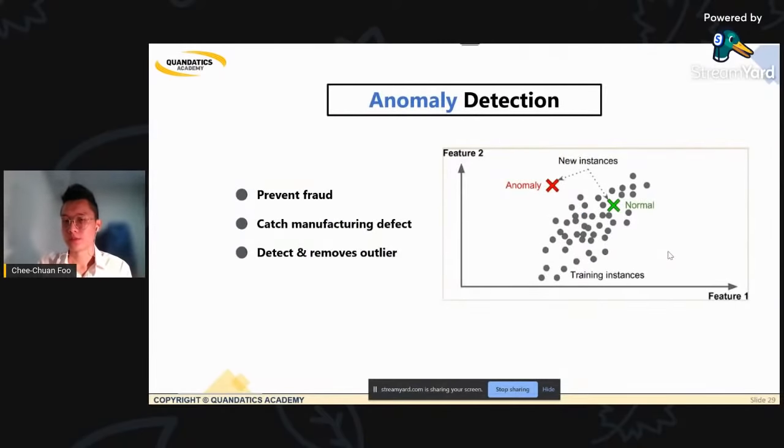Another use case of unsupervised learning is anomaly detection. Prevent fraud, catch manufacturing defects. We look at the sensor readings of a machine, and then we try to cluster the sensor readings into different groups, and the cluster that stands out is the cluster that has abnormal behaviors. What do I mean? When you see the data